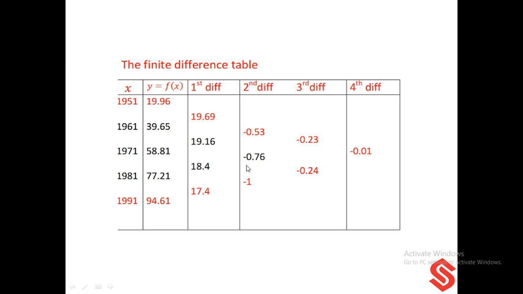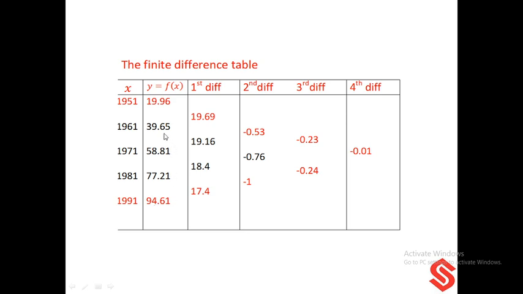So the solution is, first we construct the finite difference table. Here, since we want both forward as well as backward leading differences, instead of writing either forward or backward, we'll write first difference, second difference, third difference, and fourth difference. So the values of x: 1951, 1961, 1971, 1981, 1991, and the population in thousands, that is 19.96, 39.65, 58.81, 77.21,